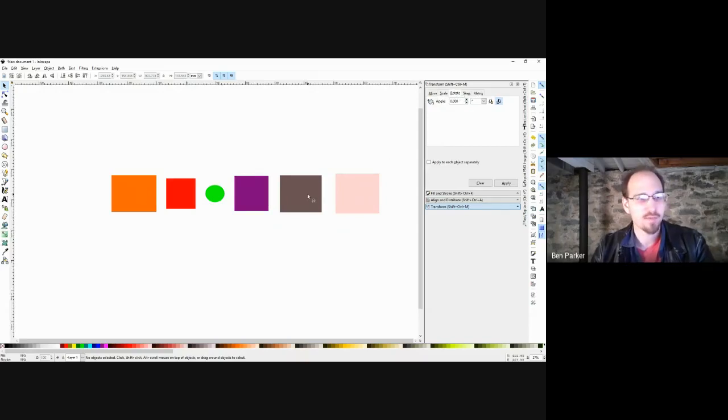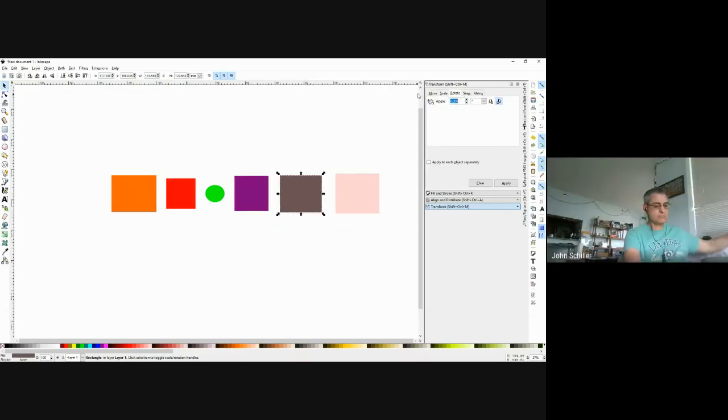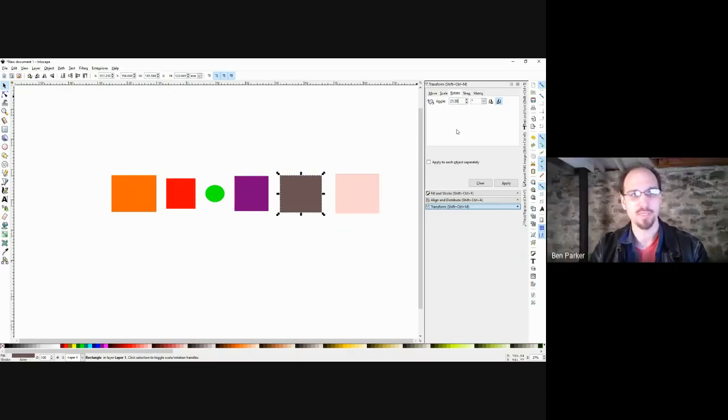Rotate is the same sort of thing. I could take one of these and give it 21.39 rotation, or